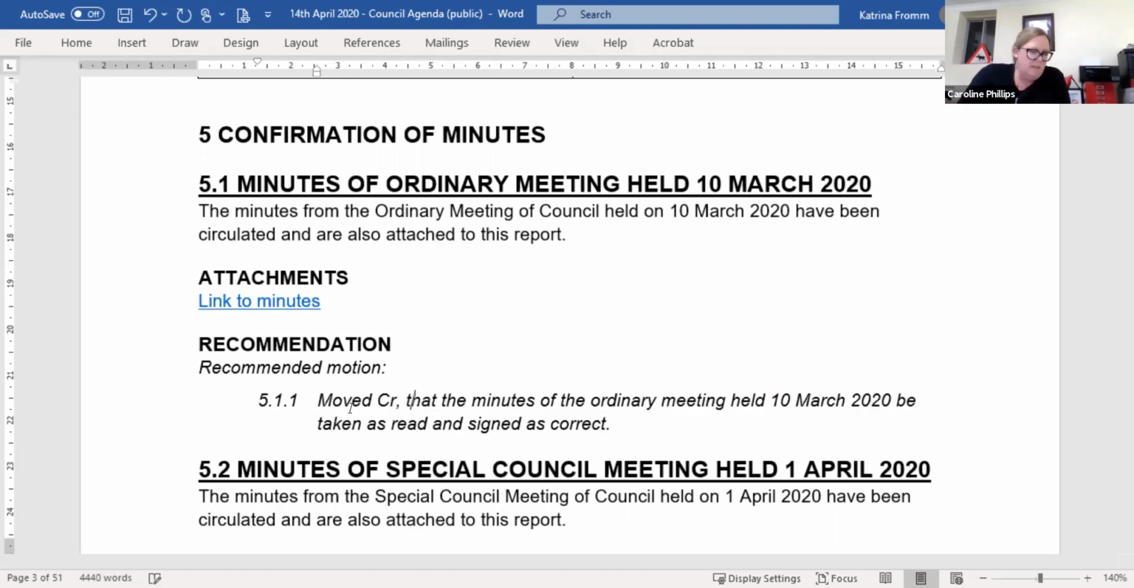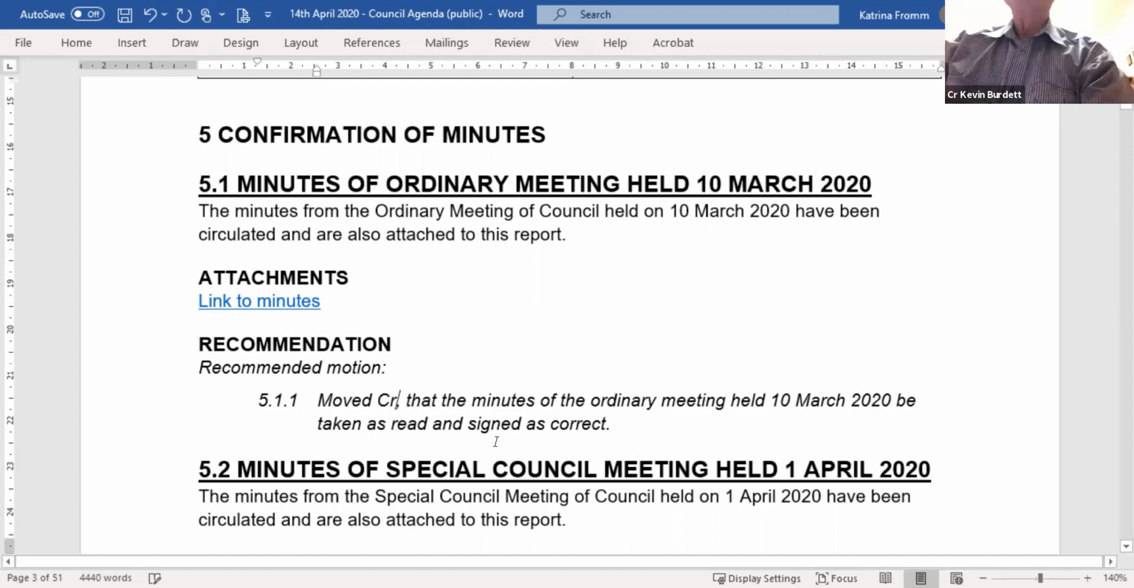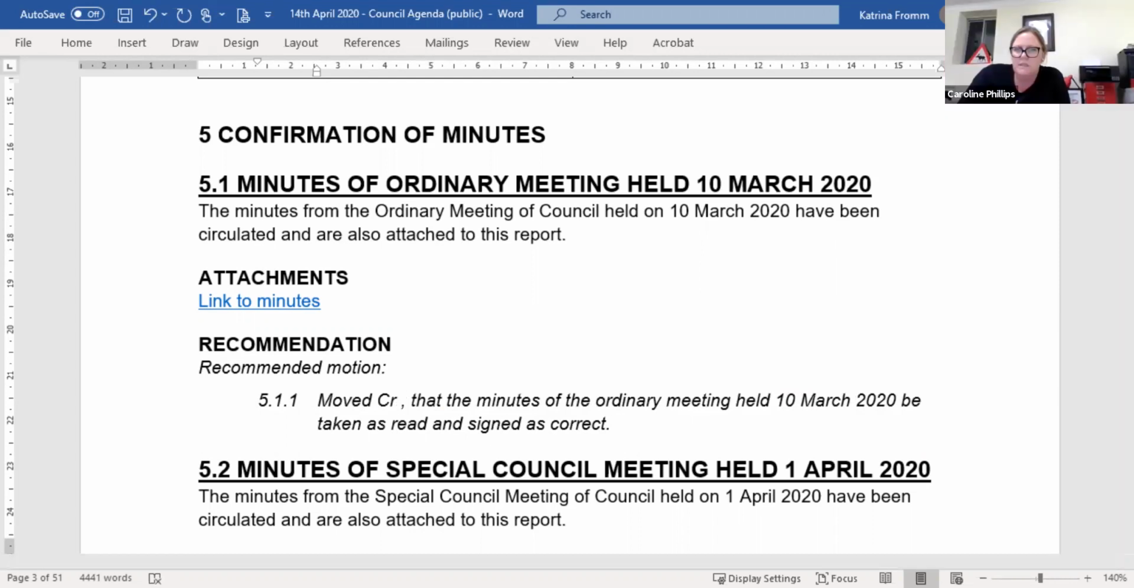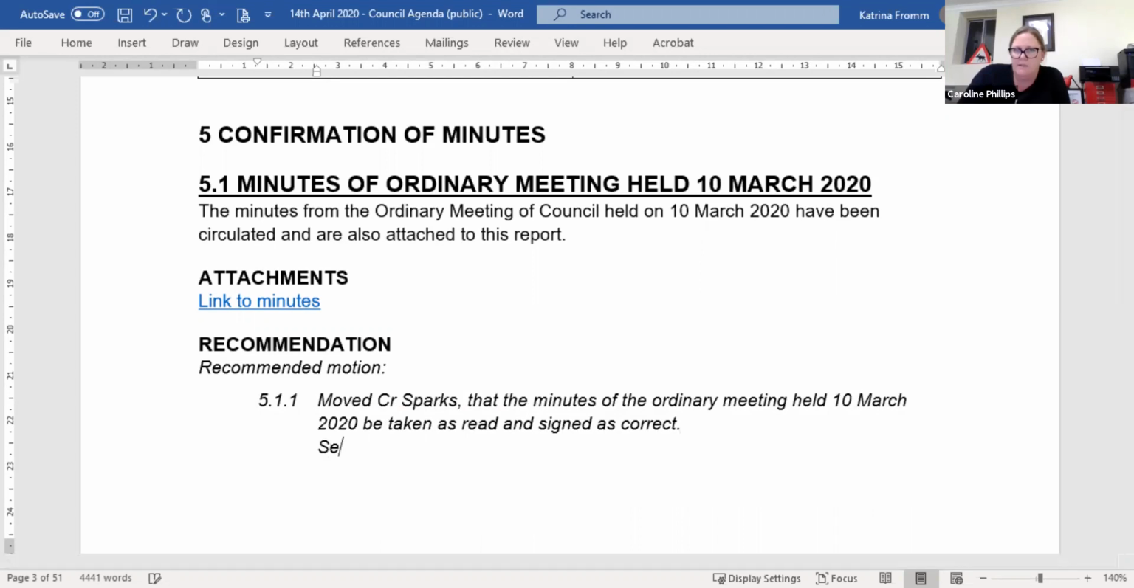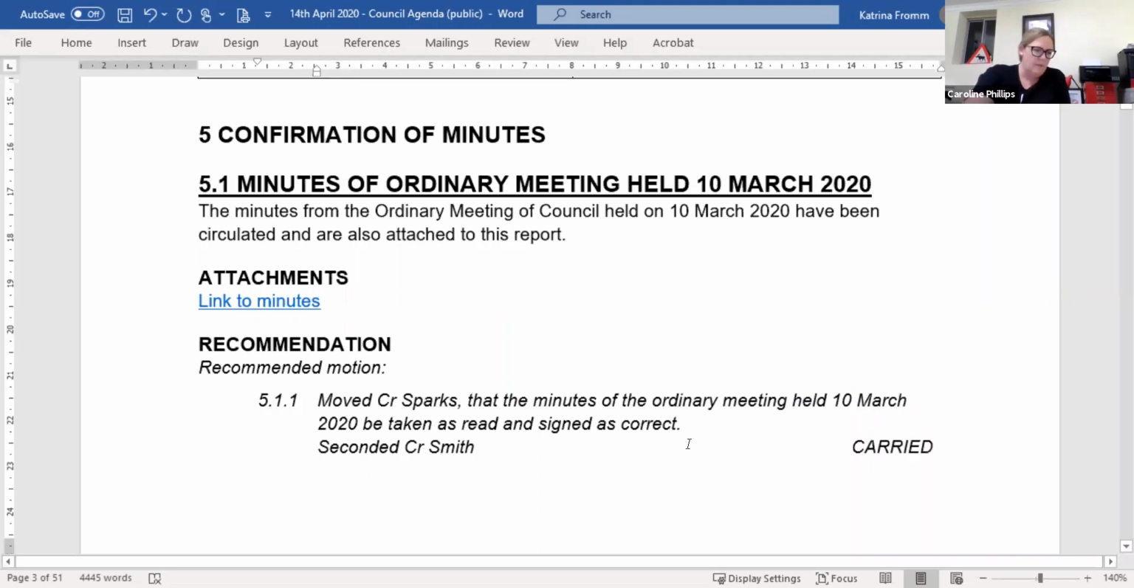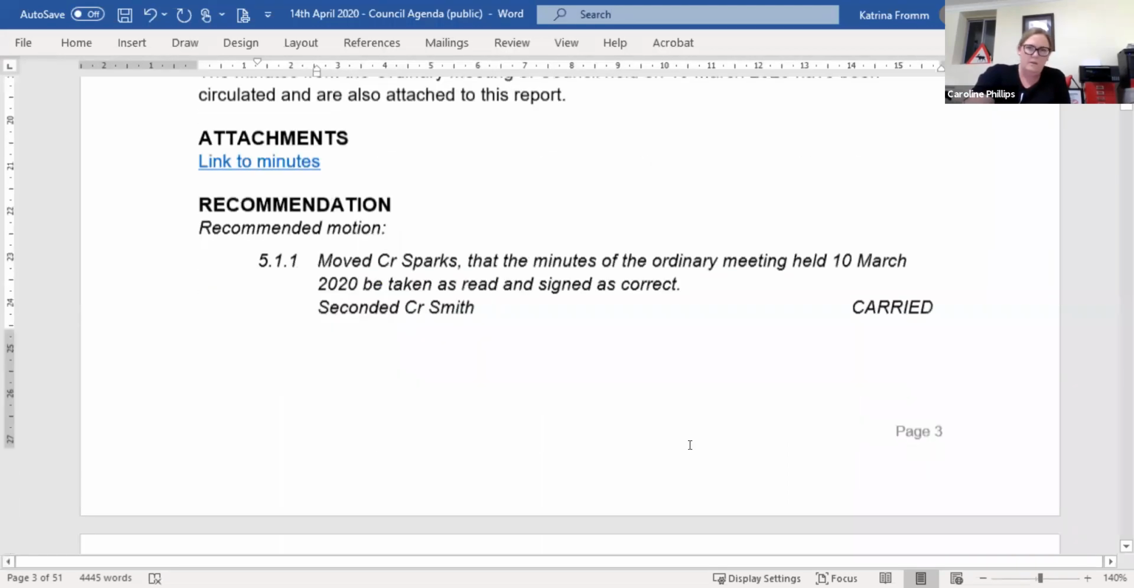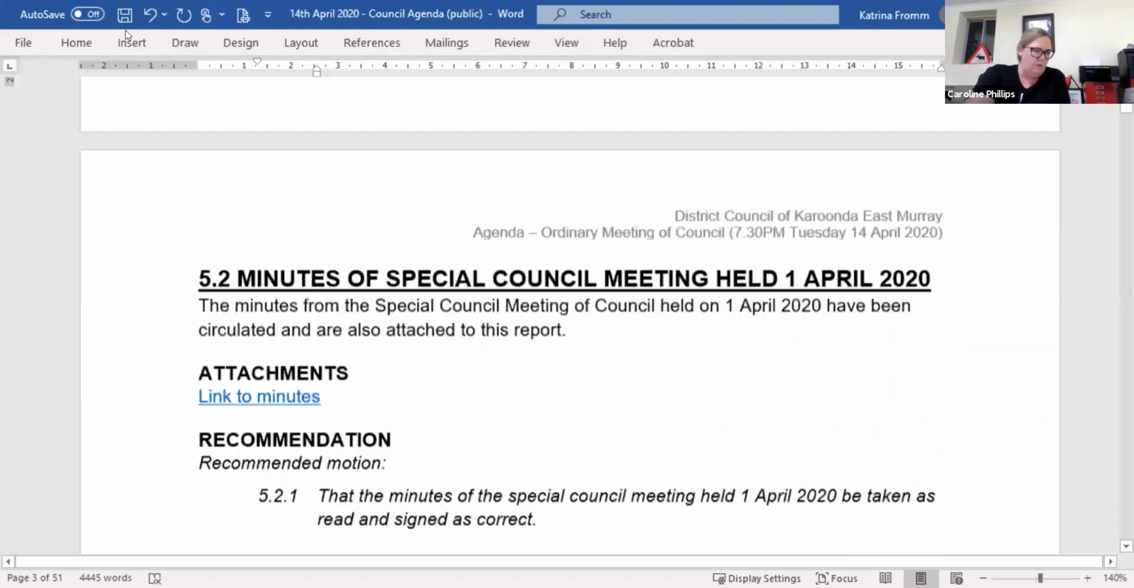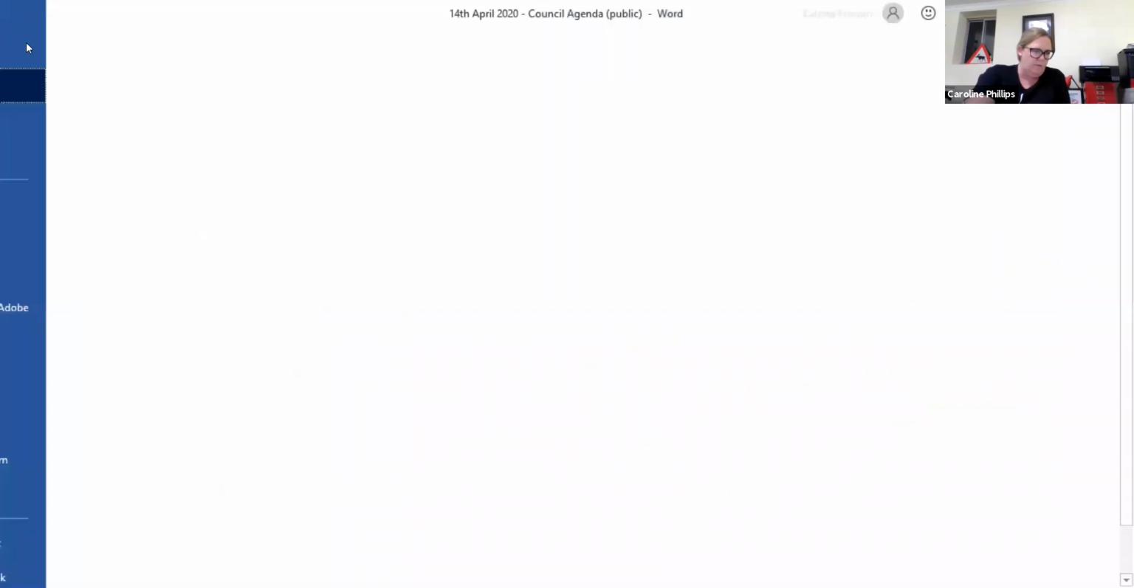Recommendation, do we have anyone willing to move those minutes? Yeah, Mayor, I can do it. So Councillor Sparks, seconded by Councillor Smith. All those in favour? Yep. That's carried. We'll then move on to